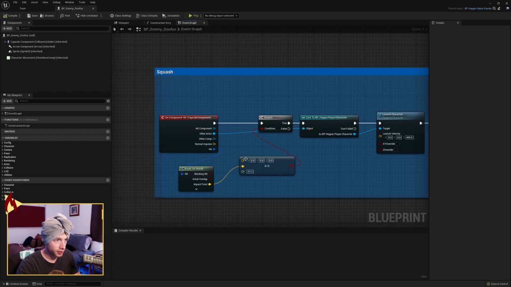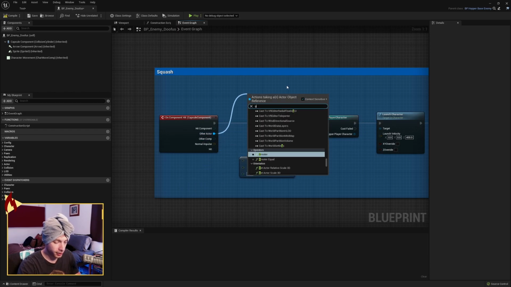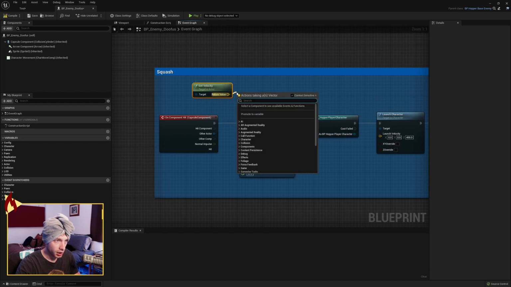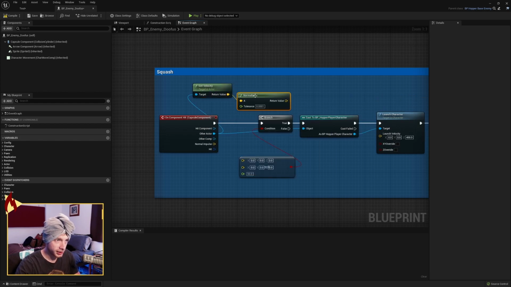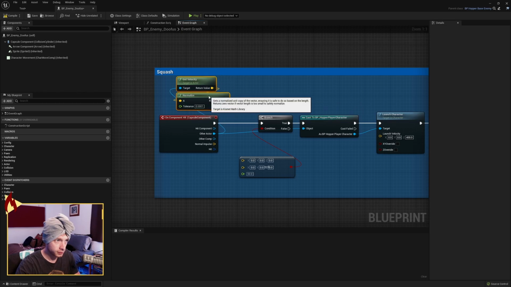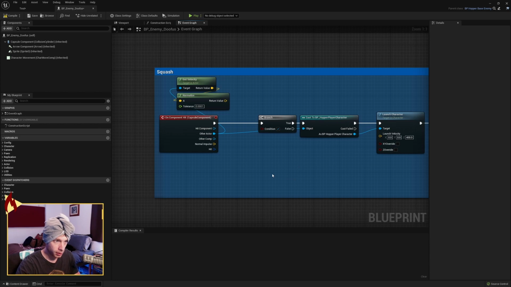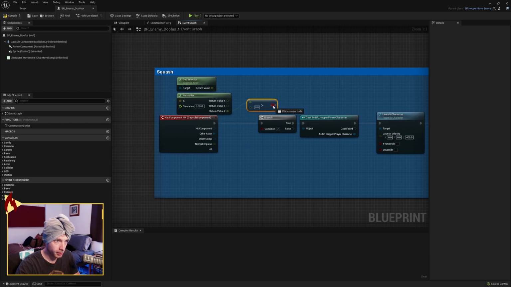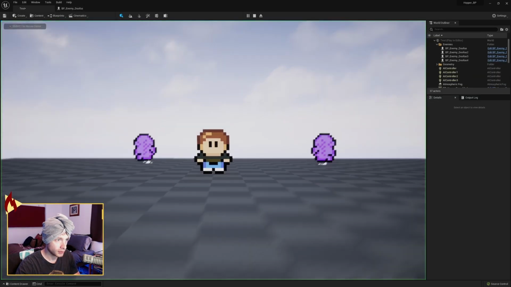It's gone. All we need to do, get rid of the break hit result. Other actor, get velocity. There it is. We want to normalize it. And then we want to delete that, break or split it, get the Z value, check if it's greater than 0, and put it into the condition. Come back in,